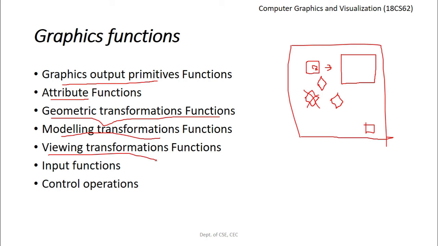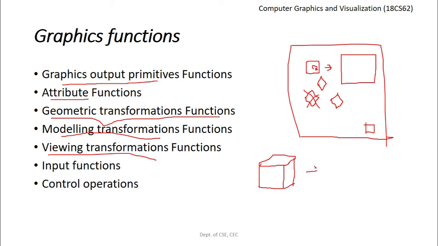So we can have any object and we can have different views for a given object. We can have the top view, the side view, isometric view, and so on. All these things can be achieved using the viewing transformation functions. Let me try over here. Let us say I'm going to draw a 3D object, something like this, a kind of a cube. It's for the purpose of understanding.